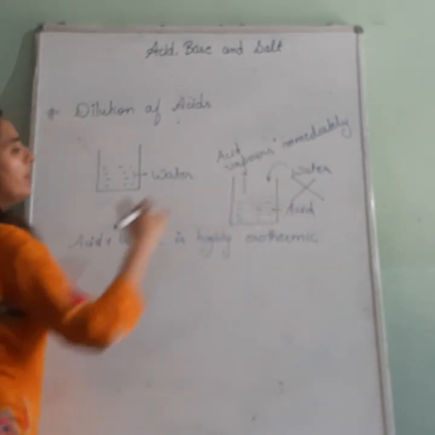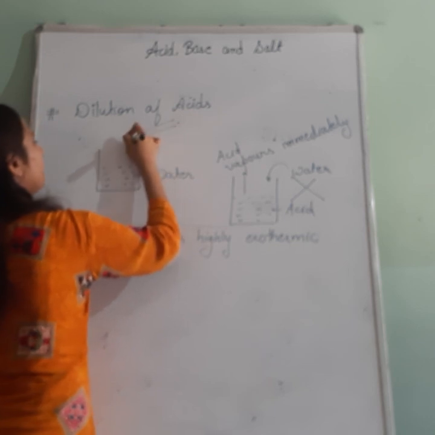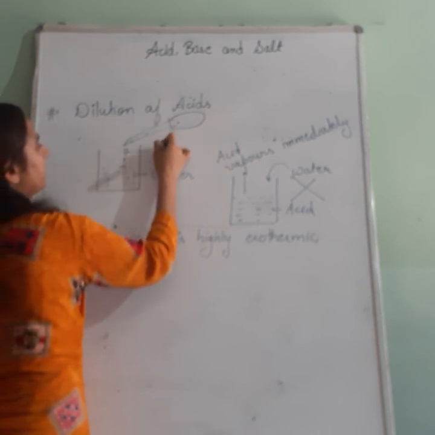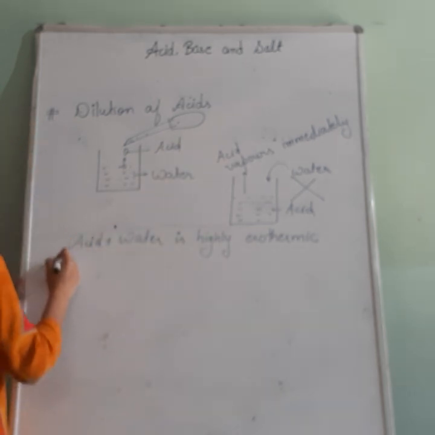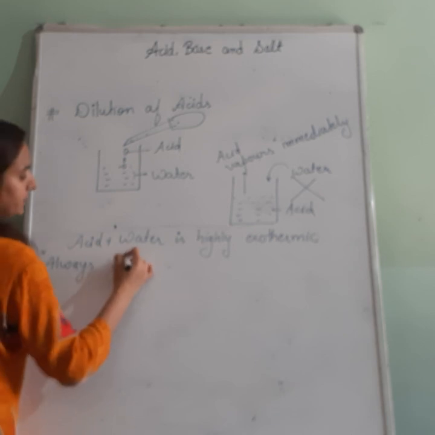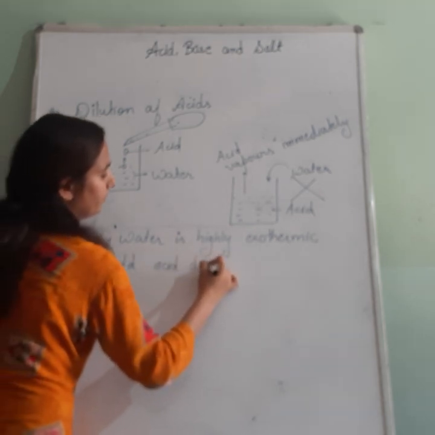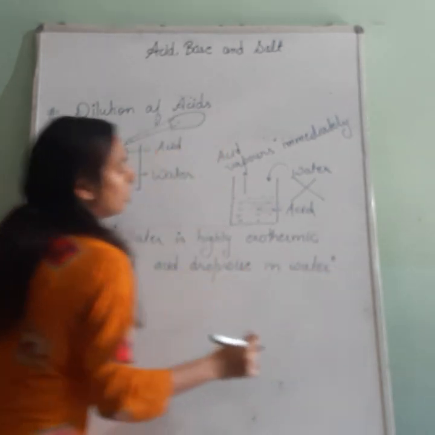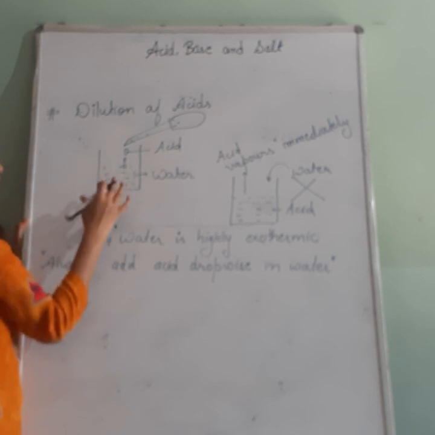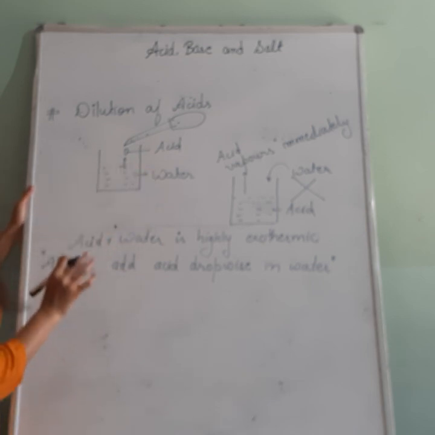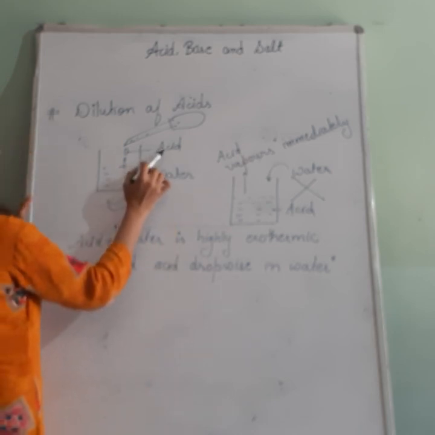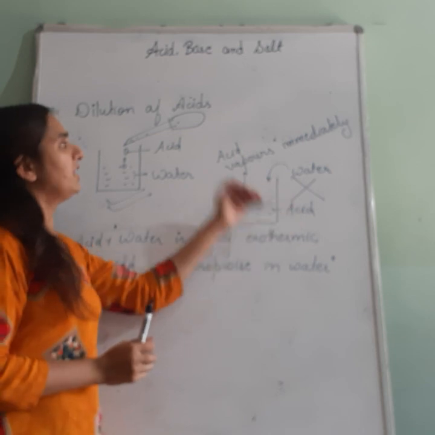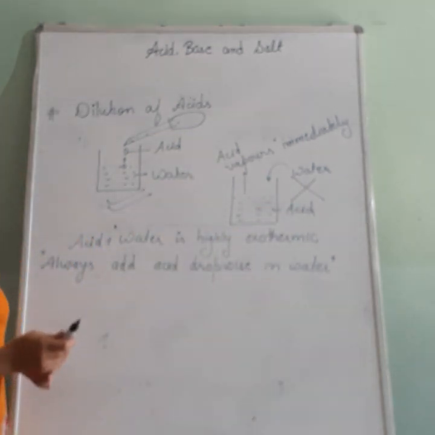Never add water into acid. Always add acid dropwise in water, because when we add drop by drop, the energy released is balanced or is handled with the amount of water. Clear? So this one is the correct method. Never add water into acid, because if we add water, the acid immediately converted into acid vapors, which is quite harmful. So this is all about